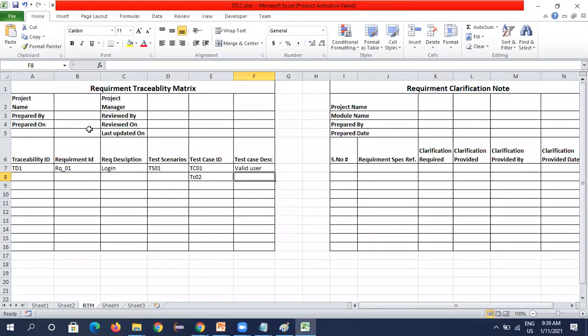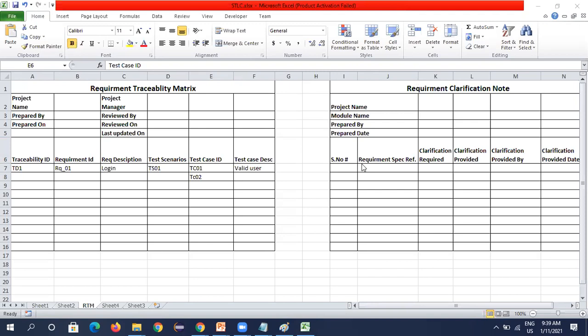So when you write a test case ID, multiple requirements are there. When you select RQ1 from the drop down, there will be multiple test case numbers like TC01, 02, 03. You will just map it, and once you map it, it will be mapped. So the matrix is defined by both the testing manager or team lead and our tester.